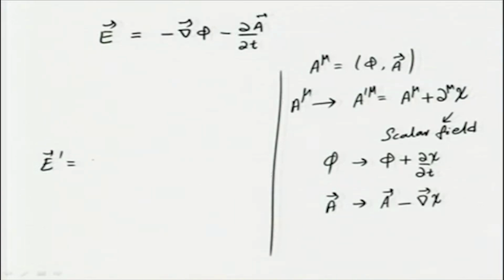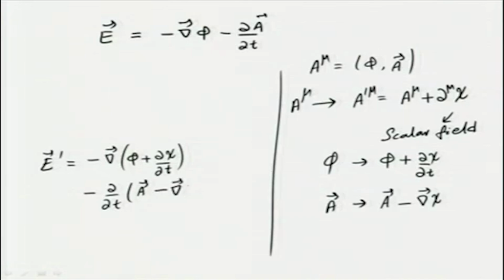So, this will tell me that I have gradient of phi plus time derivative of a scalar function minus time derivative of original 3 vector A, minus gradient of chi,